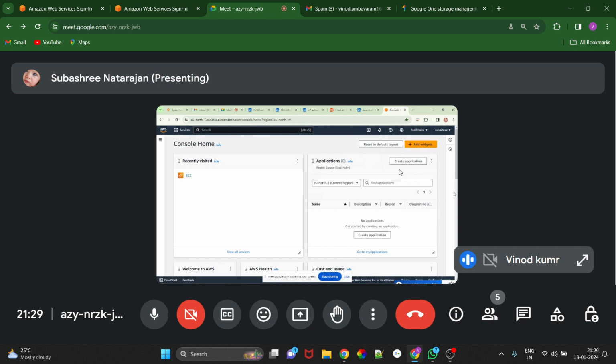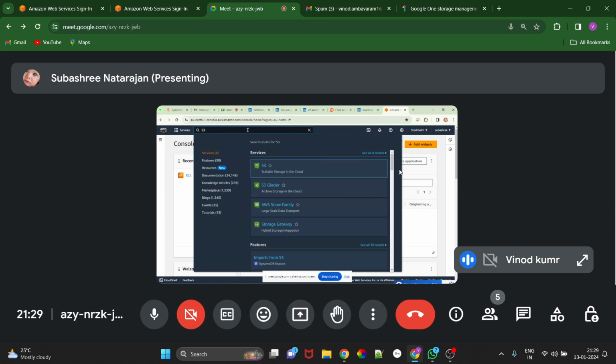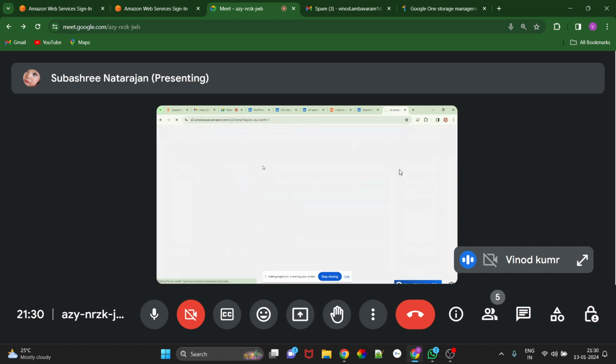Here we can call it different names: IaaS, SaaS, PaaS, FaaS, and also container, CaaS. These are all things except the top, I mean on-premises units. So search for S3 on top. You can see here S3, it's a scalable storage. You can click on S3, then it will route directly to S3.